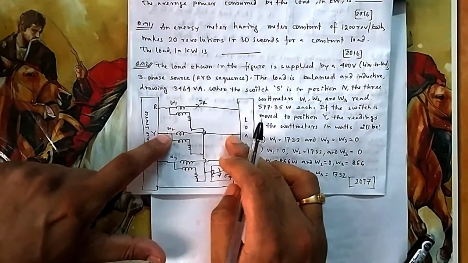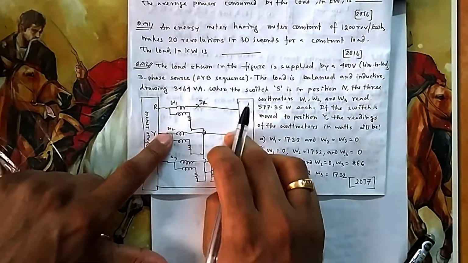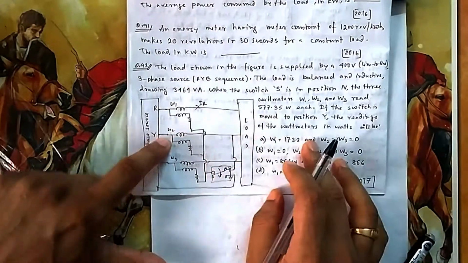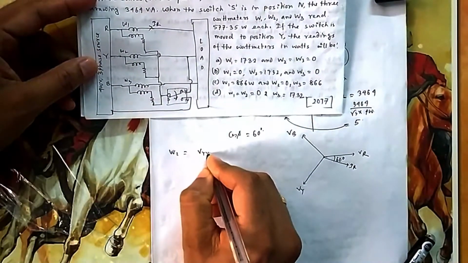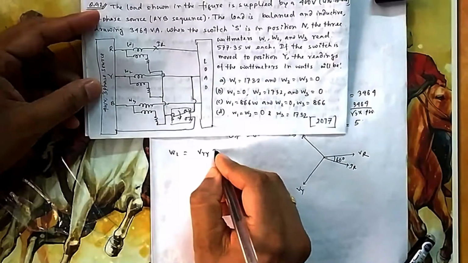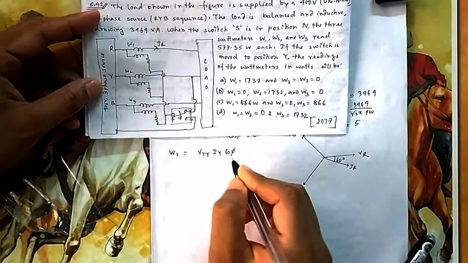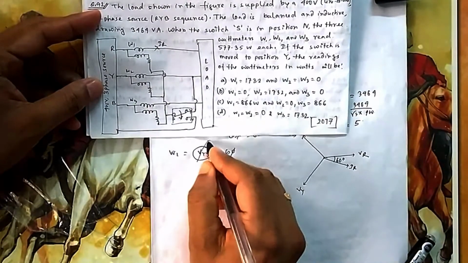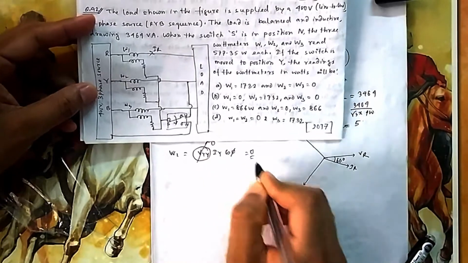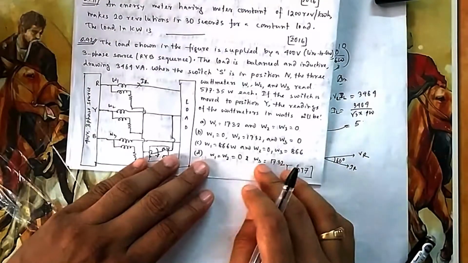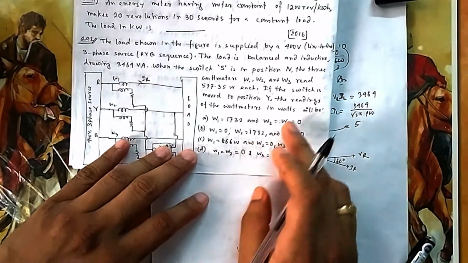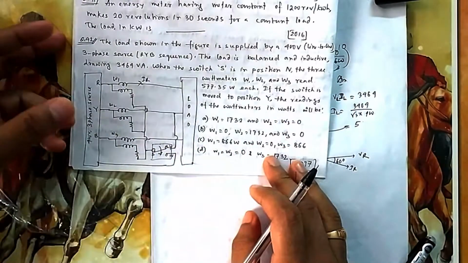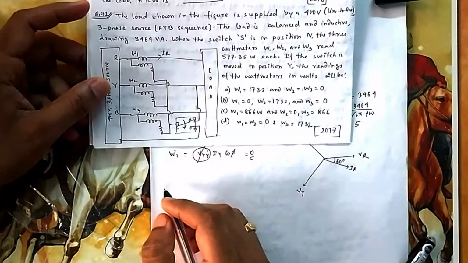So it is measuring only the voltage between Vy and Vy, because it is connected to Y. So for wattmeter 2, your voltage is nothing but Vy, and then it is measuring Iy, then cos phi. So what is this voltage between Yy? It is 0. So wattmeter 2 will obviously be 0. From here only you can give your answer. No, you cannot give it, because C and D both will give you A, C, D. Oh God. So you have to calculate the other sources now.